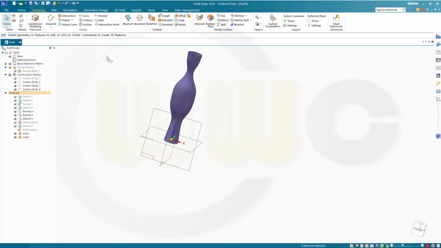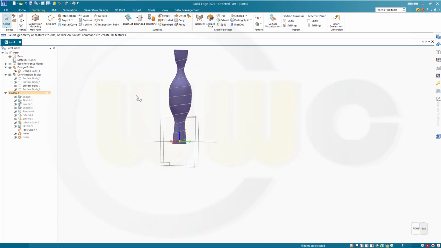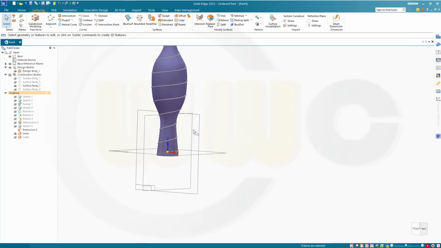Finish. Cancel this out. So let's hide surface body 5 and maybe the outer one for the moment. Bring back that design body,